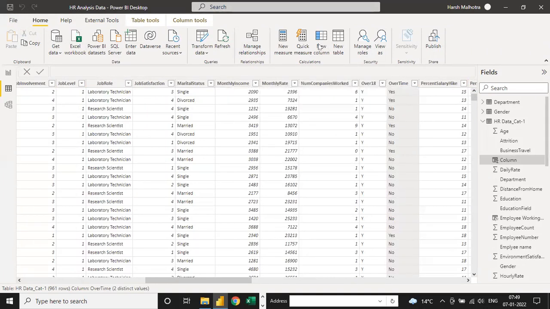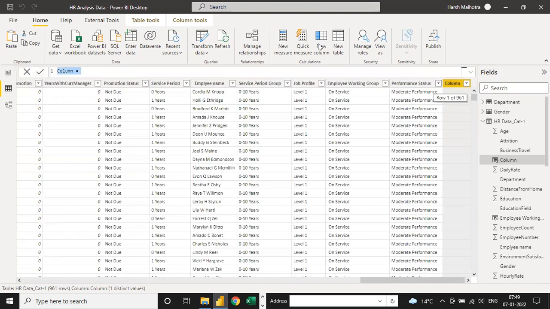going to write a condition that we have to make on the basis of job satisfaction, and in total we have 1, 2, 3, and 4 ratings. So here we have to write a job satisfaction status.